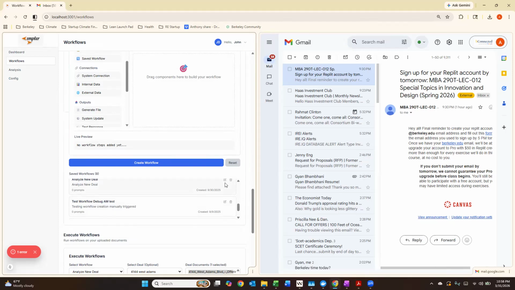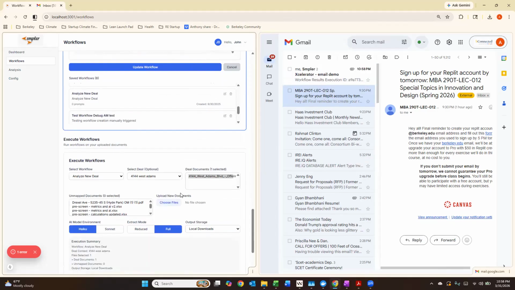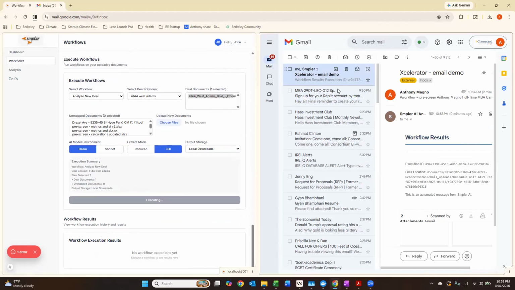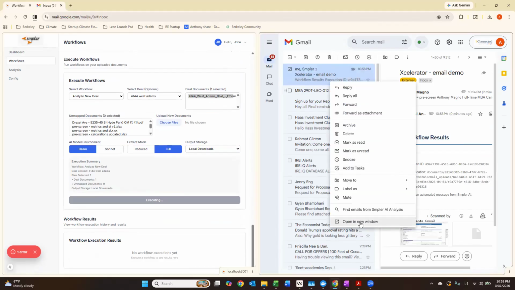Now, the workflow we just started was this analyze new deal. As we can see, we have a preview. It's going through multiple steps, and that's what we're waiting to execute at the moment. That is still processing, but as we can see, the email did just finish processing. This, if we open this up in a new window,